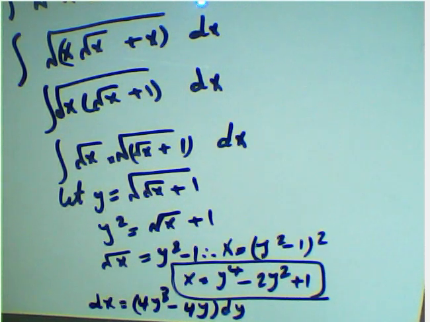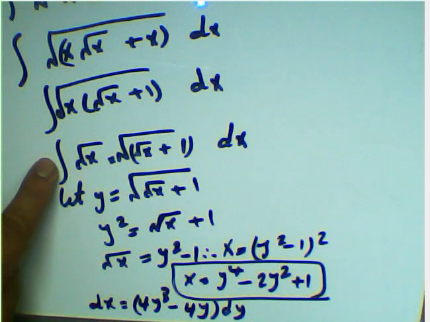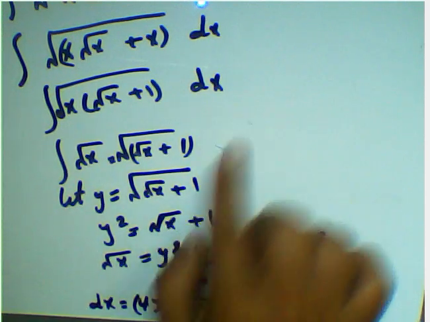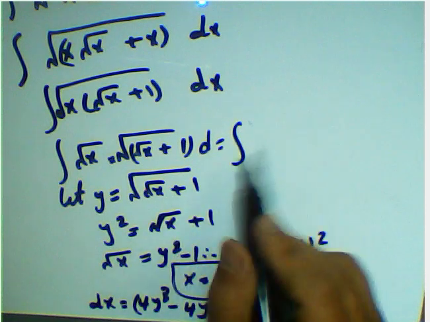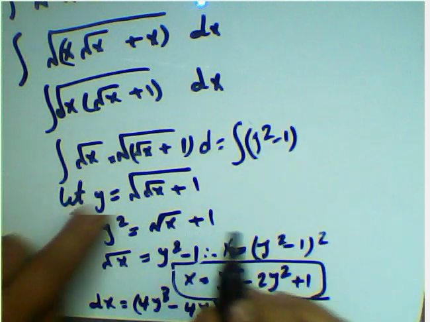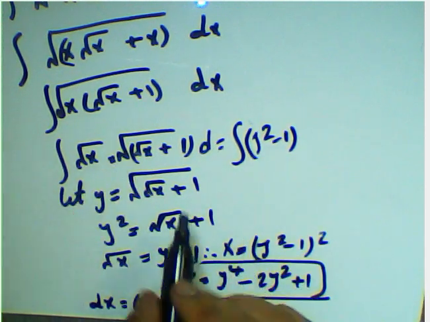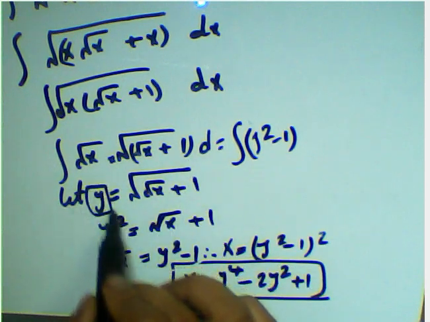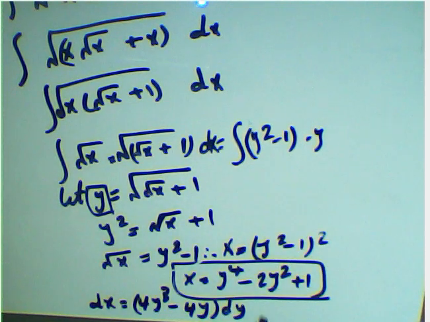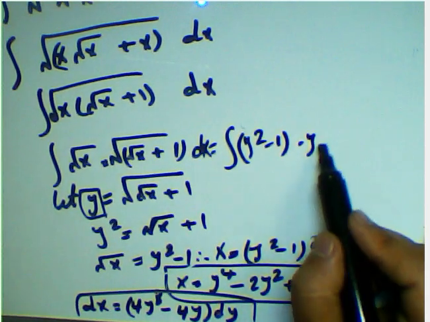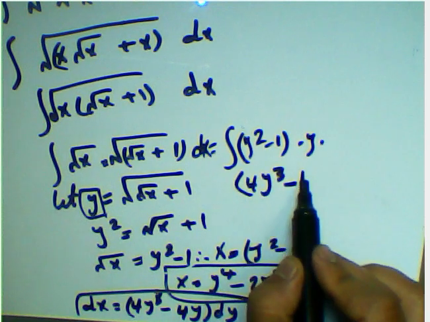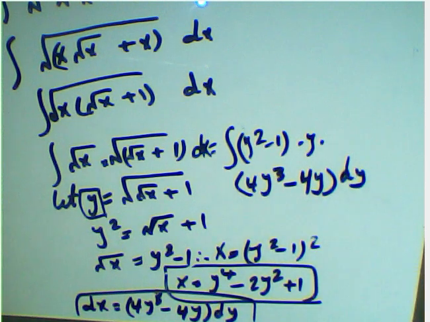And then going to the question here, this expression, and put root of x above this function, y power 2 minus 1. dx equals this function here, y power 2 minus 1, multiplied by the square root above this function, you get y, okay, and dx, write this expression, multiplied by 4y power 3 subtract 4y all dy,